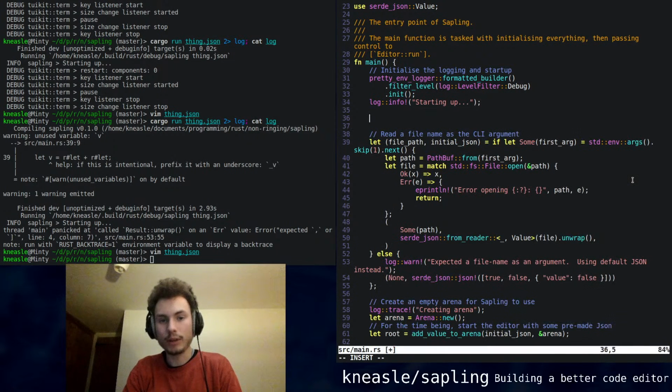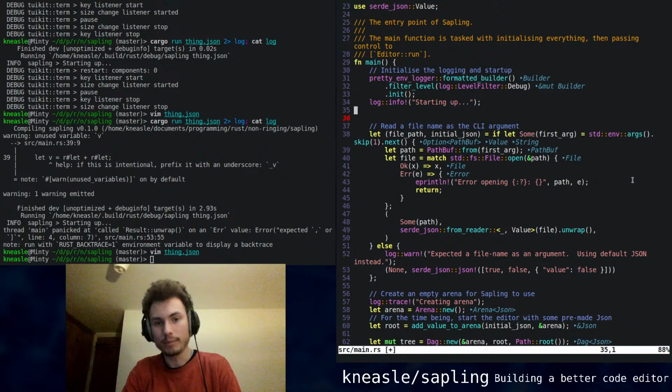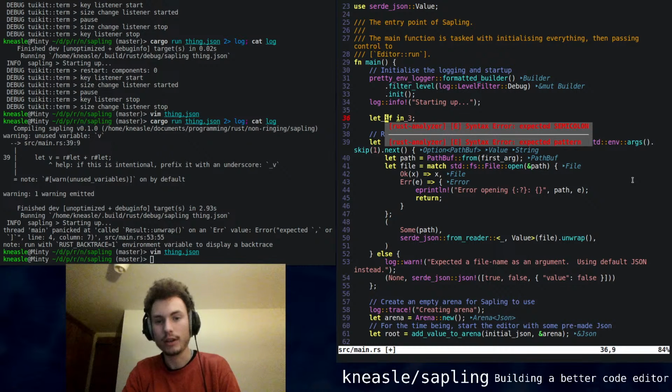Like if I were to add a syntax error here, Rust Analyzer is very quick to pick that up, and it knows exactly where the thing is. Like, say I write let if equals 3, or let if in 3. Okay, it knows